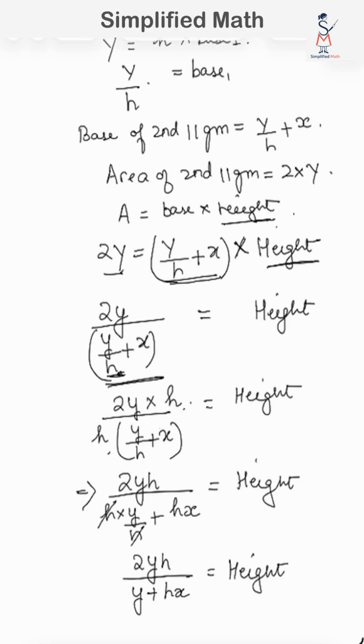So this is how you solve, how to eliminate the denominator. If you want to eliminate the denominator, then we multiply it with whatever is at the denominator, right? And if we are doing that to one part of the equation, I will have to do it to the other part also. Or if I am doing it to the numerator, I have to do it to the denominator also. If I am doing it to the denominator, I have to do it with the numerator also. So this is the height of the second parallelogram.